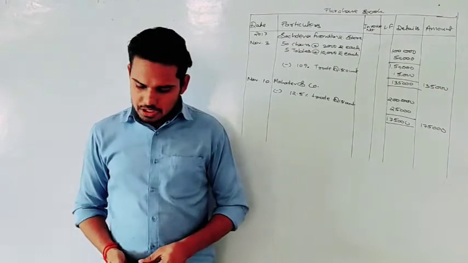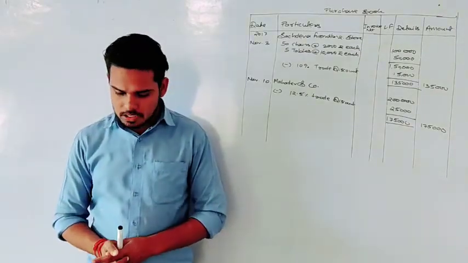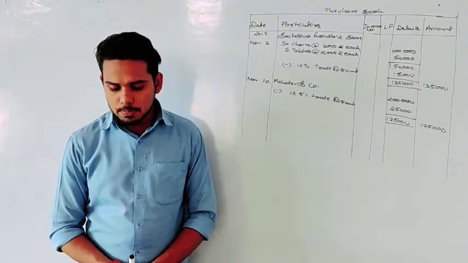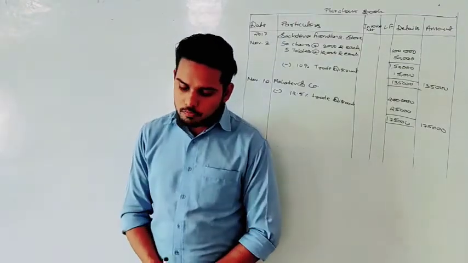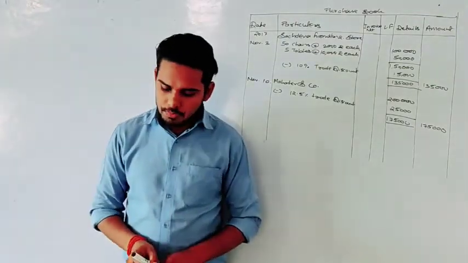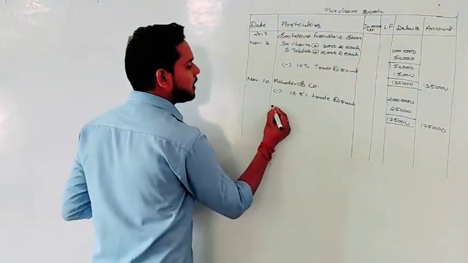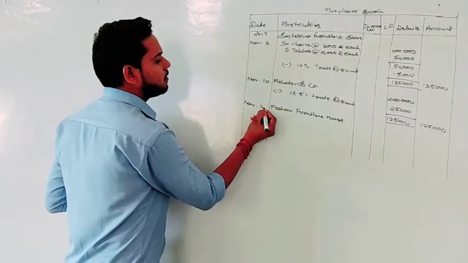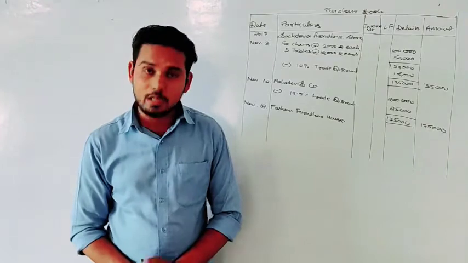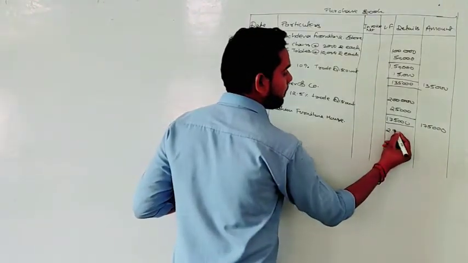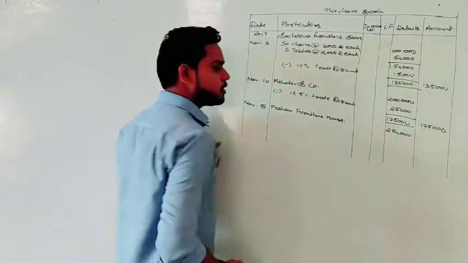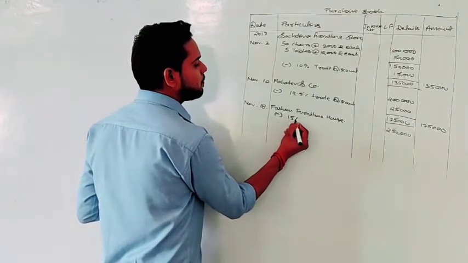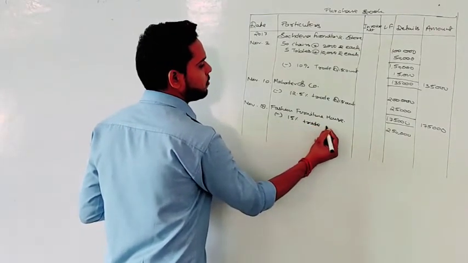Okay. The next information is on 18th of November. We are purchasing again: purchase furniture from Fashion Furniture House, Chandigarh, of the list price of 2,50,000 less 15%. So again we are purchasing from Fashion Furniture House, and write the name of the party. We are making a purchase on 18th of November, so you can write the date November 18th. And we have purchased furniture for the value of 2,50,000, so write the amount in the details column. And it is also given that there is a trade discount of 15%, so what will we do?